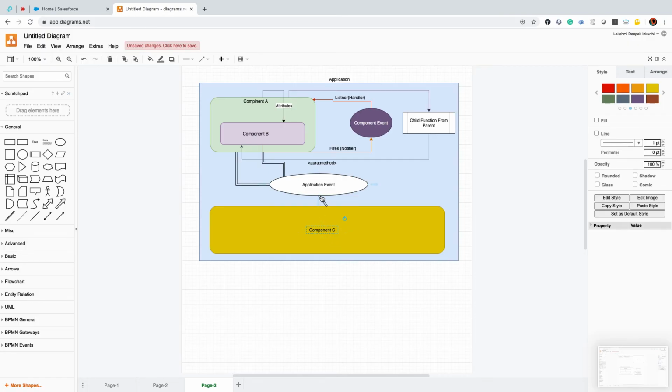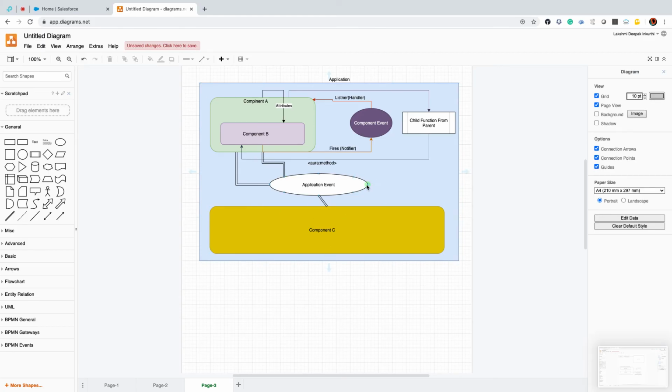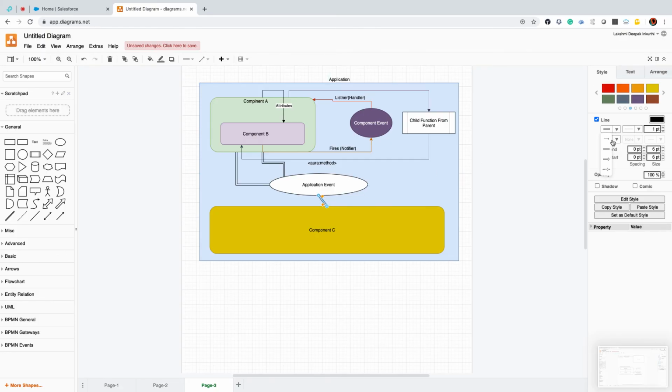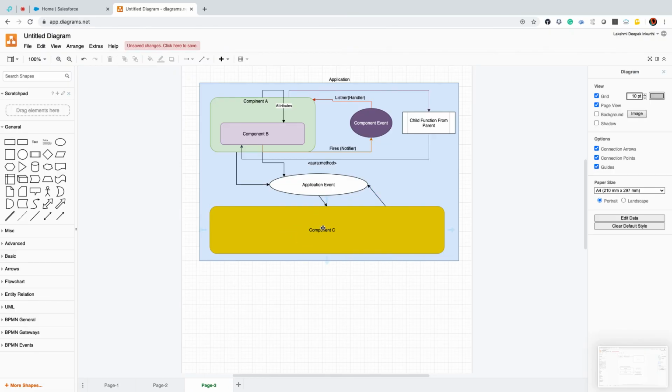So component C will fire an event. Component A and component B can be listeners, or component B can be a firer. And another important thing is that even component C can be a listener. No matter what it is, it fires an event. Let's imagine this fires an event, but this itself can be a listener.